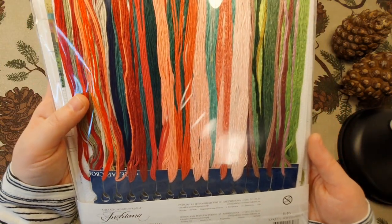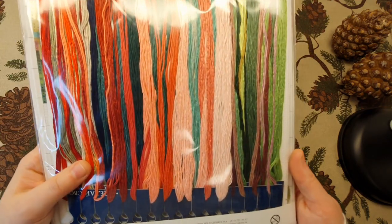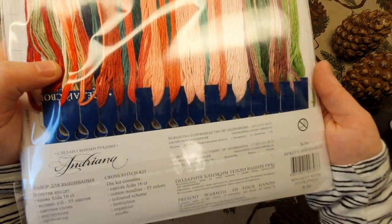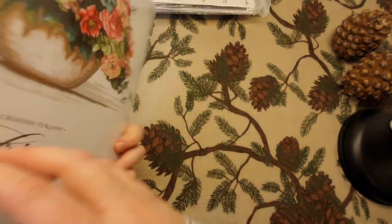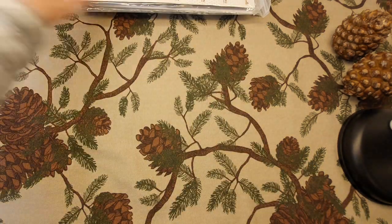I don't think this is DMC. I don't know what floss or fabric this is. This is 16 count Aida fabric. Beautiful. And next kit,